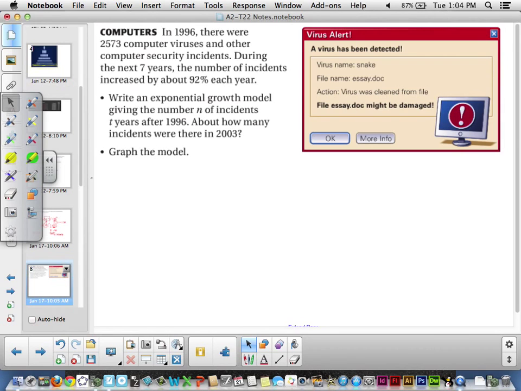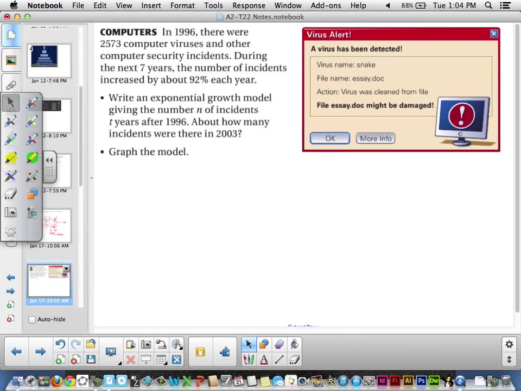Pause this, try this, and hit play then. In 1996, there were 2,573 computer viruses and other computer security incidents. During the next 7 years, the number of incidents increased by 92% each year. Right, an exponential growth model, given the number of incidents T years after 96, about how many incidents were there